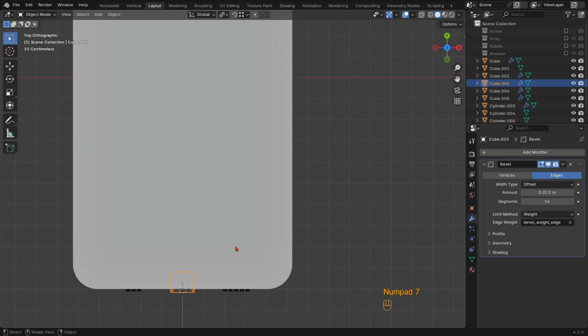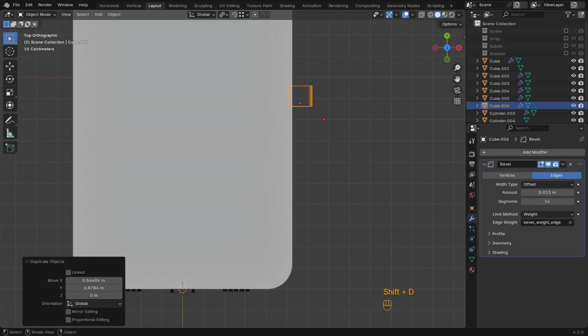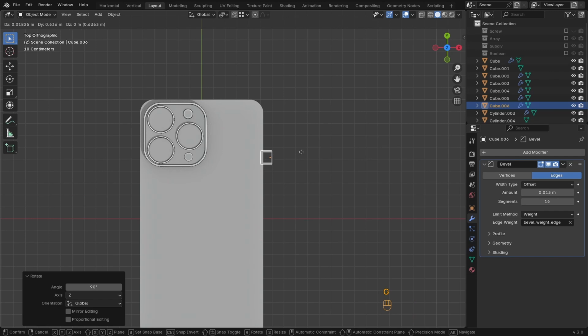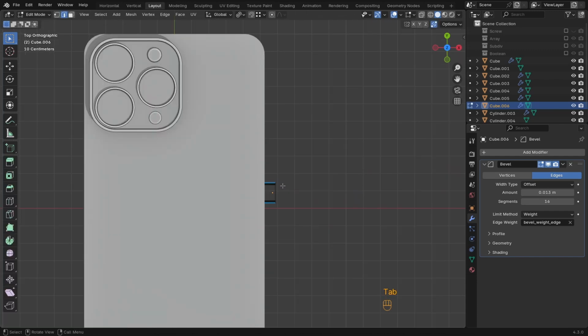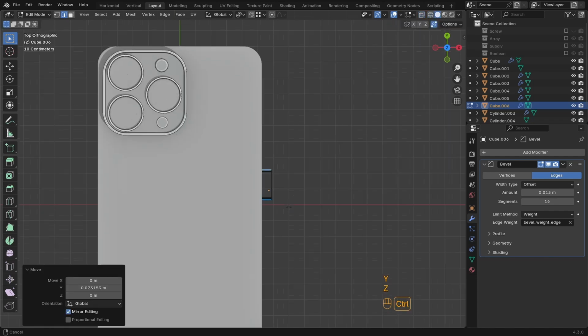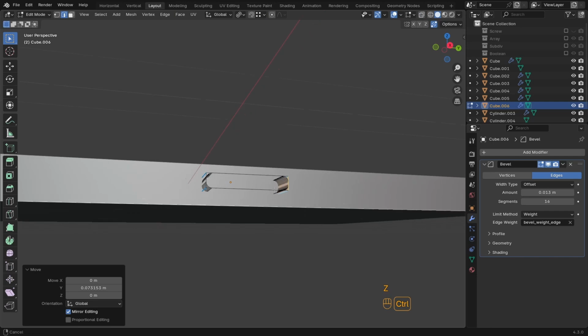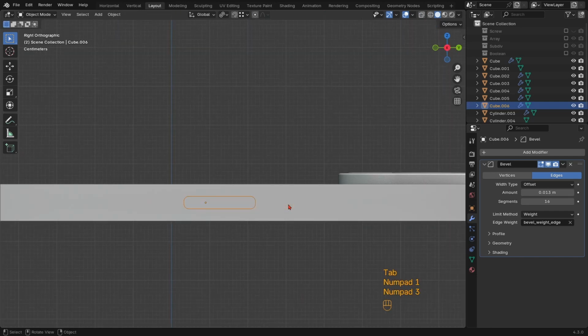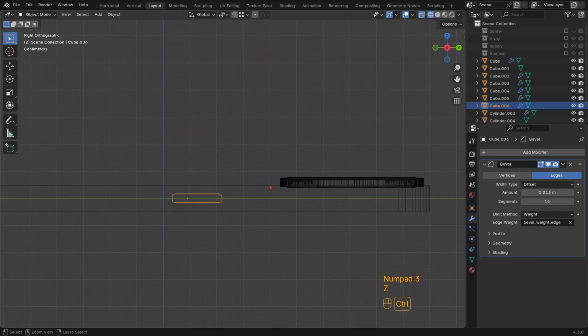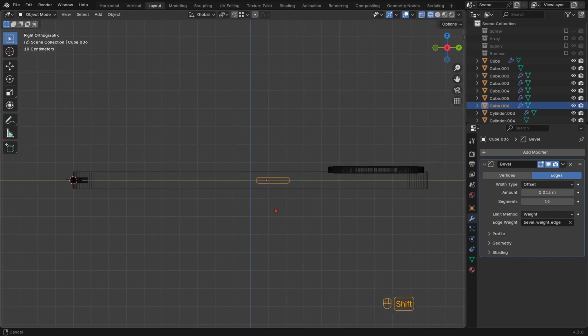So let's select this small object. We can rotate it 90 degrees in z-axis, and let's move it towards this way, and let's look at from top of the graphic, and we want to move these just a bit in y-axis to make some extra room. And now we can press Ctrl and 3 to look at from one of these angles that we want to apply this button,